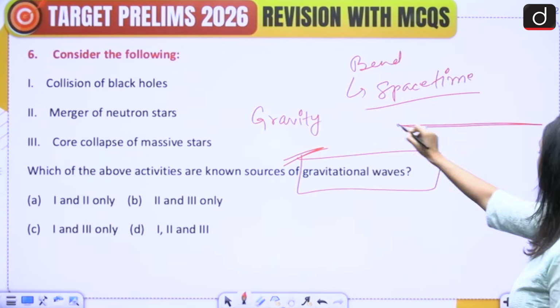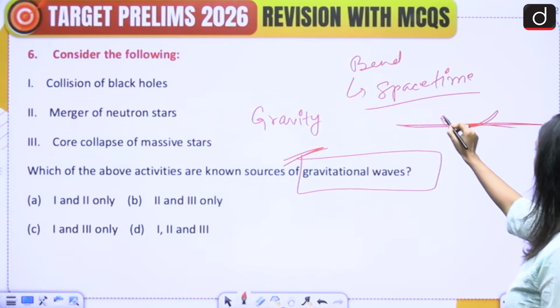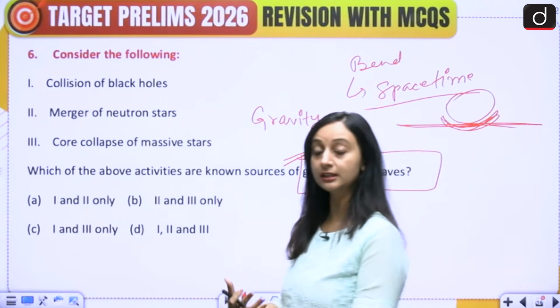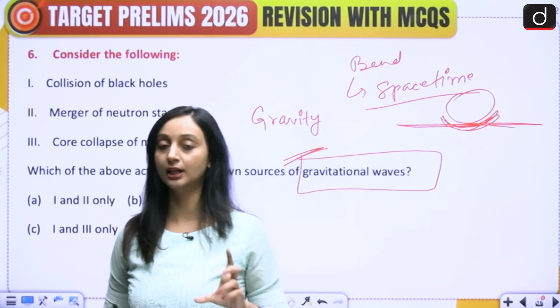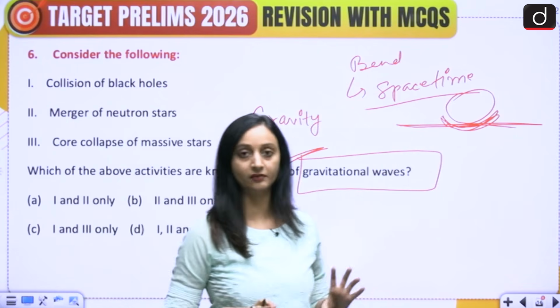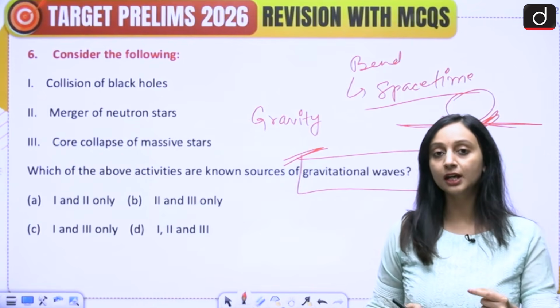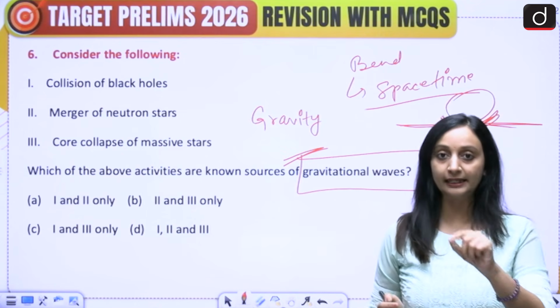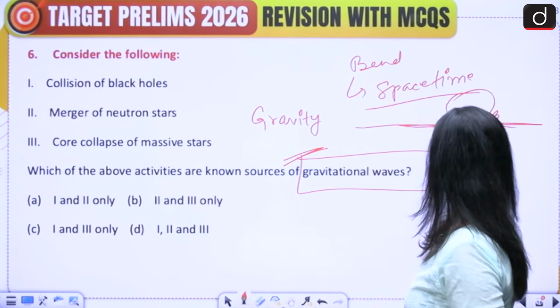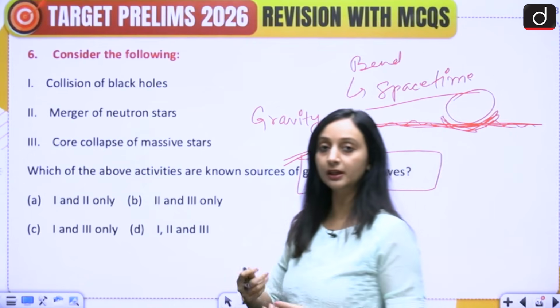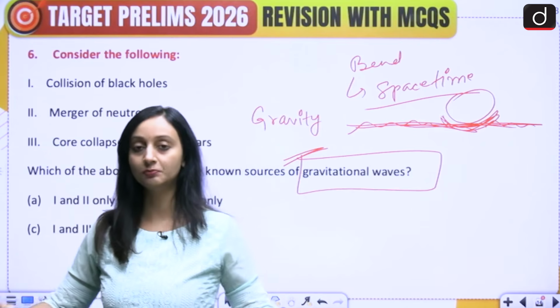This dip that we talk about, this curve, is gravity. So it's like the stretched sheet. There will be a slight dip if we place a celestial object in the space-time. This dip is actually our gravity. And when we talk about gravitational waves, these waves are nothing but tiny ripples created in this space-time, tiny waves created on this stretched sheet.